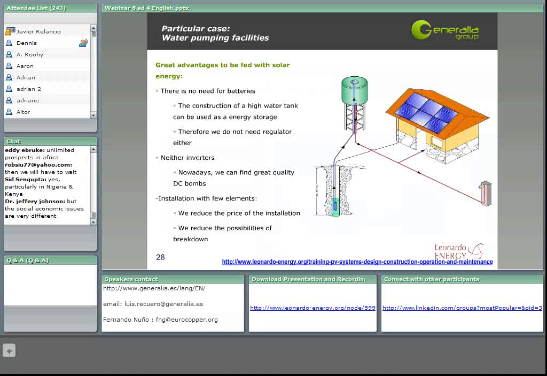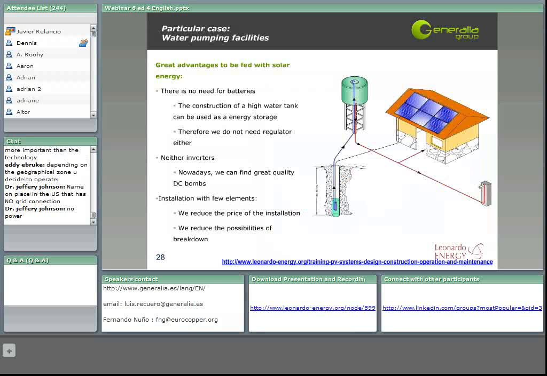Here you have an example of a project for water pumping, because it has great advantages to be fed with solar energy. Why? Because there is no need for batteries, no need for inverters, and no need for regulators. Nowadays there exist water pumps that can work with direct current, and also we don't need batteries because we can store the energy in a water tank